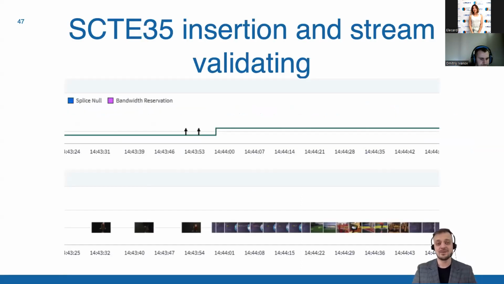Okay, moving on to my last interesting example of how Boro can be used: the ad insertion issue. This is the SCTE-35 insertion and stream validation system. Some of us know, especially if you're in the market and you work with advertisers, you will know what it means. But you have essentially multiple markers within your stream that say, hello, we're going to insert an ad here. We're going to insert little ad segments here, here, here, here. We're done, continue with the stream, which is fine.